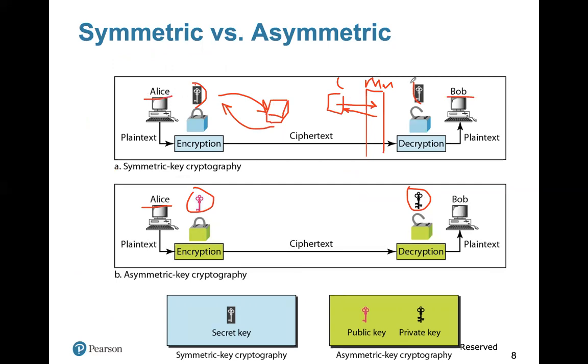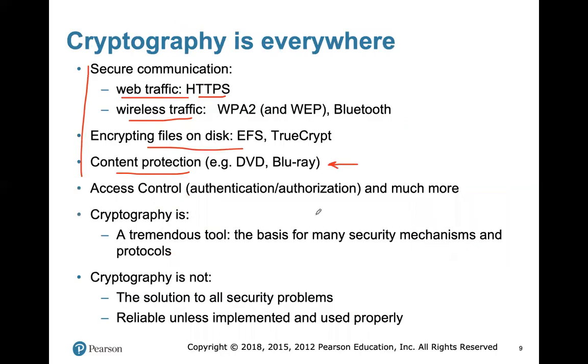Of course, if Bob decrypts it and gets something meaningful, it means that the message came from Alice, because Bob and Alice are using the same key. So we can make sure that this is Alice sending something, which means authentication. We can authenticate the sender, and it might also be used for authorization.